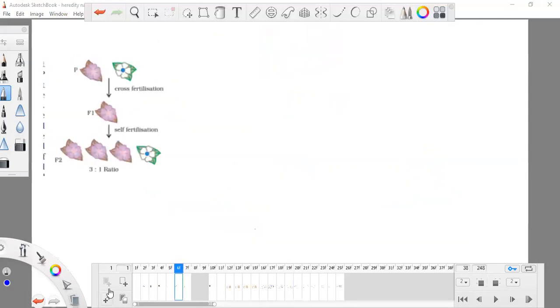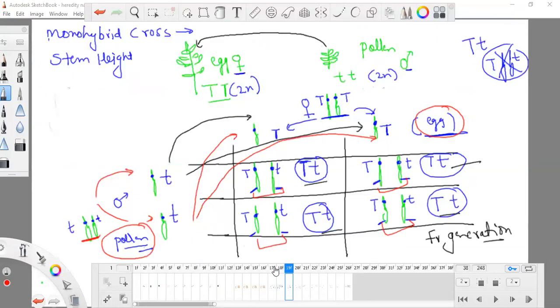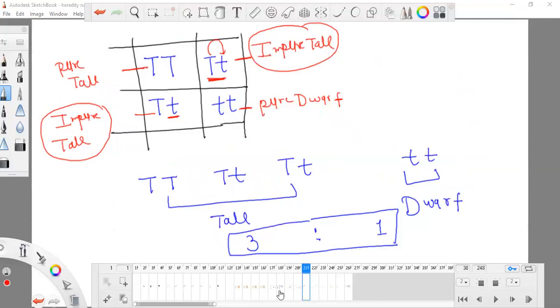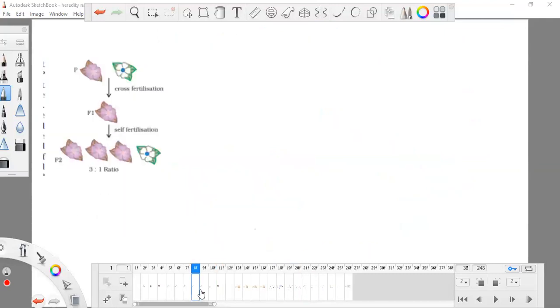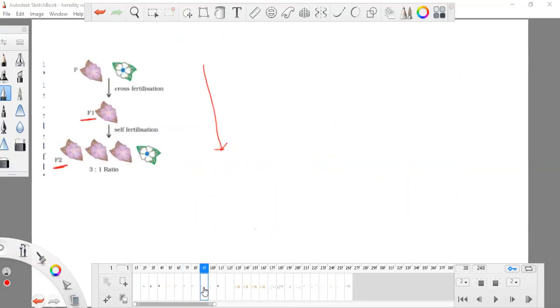Now I'm showing you the picture of your NCERT book, and you can see the F1 generation and the F2 generation. So that is clear cut. This is not this short, that's why you're having a problem in understanding. First of all, see how long it is and how we did this. This is the diagram from our NCERT. So that is the ratio you obtain at the F2 generation and F1 generation.